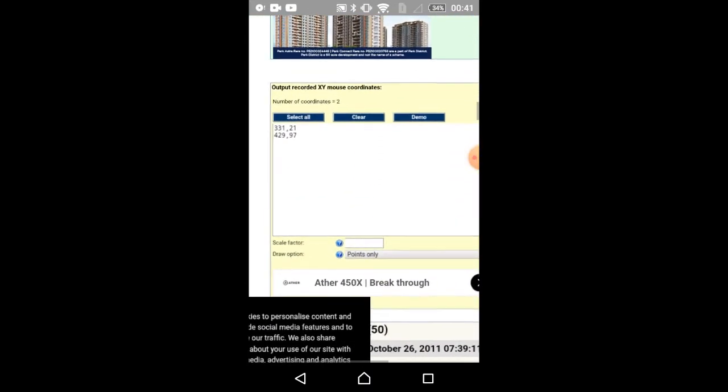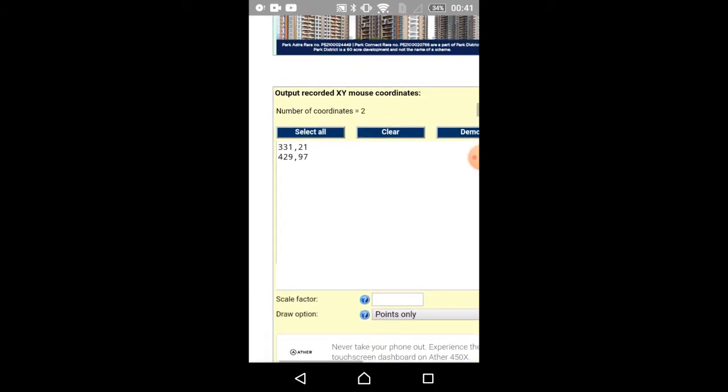Here you can see our output xy coordinates, both coordinates are here. I'm just writing it. You can even take a screenshot of that and then write it while we are doing coding.